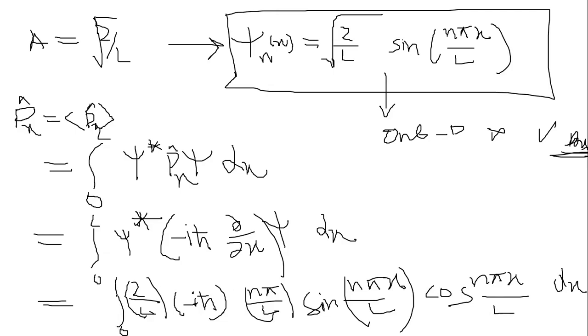It is 0 to L. So here it will be 0 to L, 2 by L, minus i h cross n pi by L, sin n pi x by L and cos n pi x by L. So here we can see a familiar form of sin 2x, that is 2 sin x cos x. So it will be sin 2x. So we can write